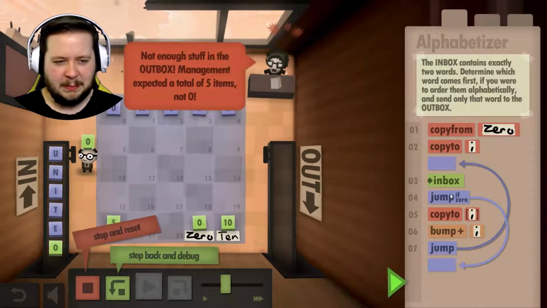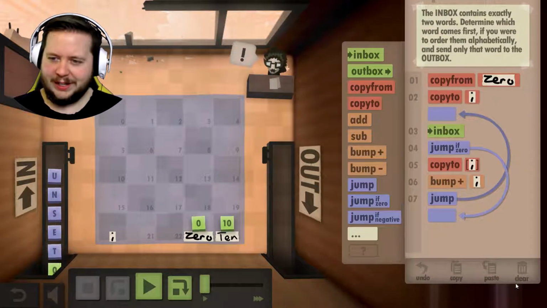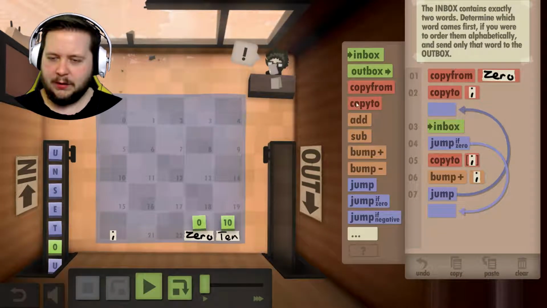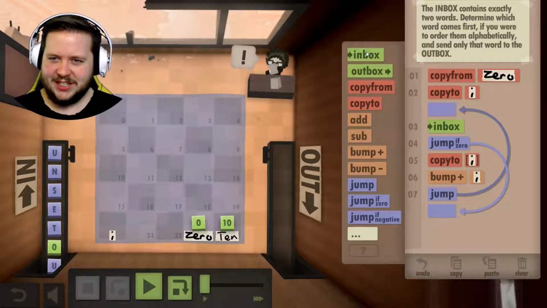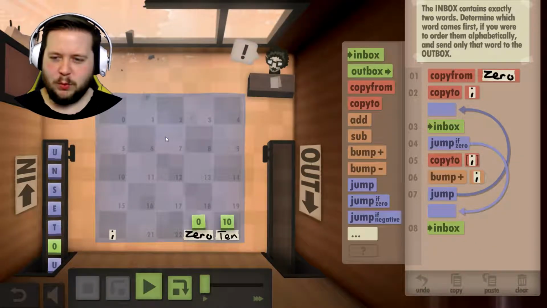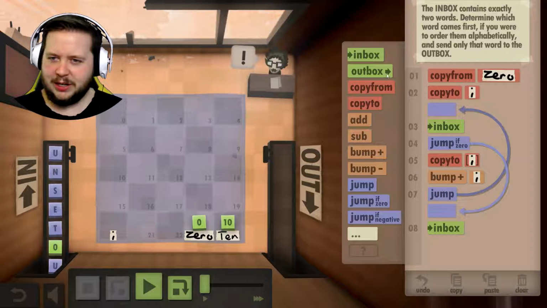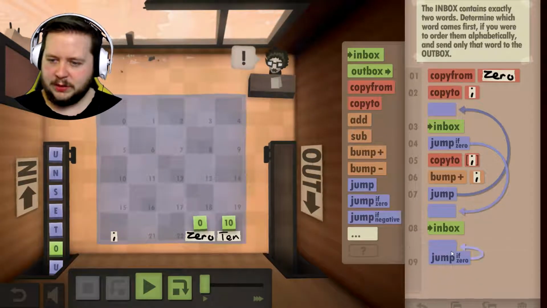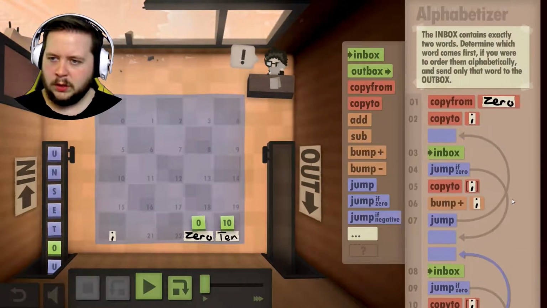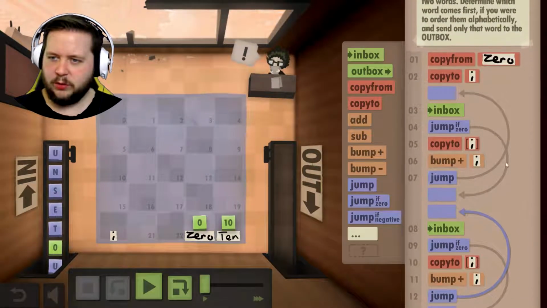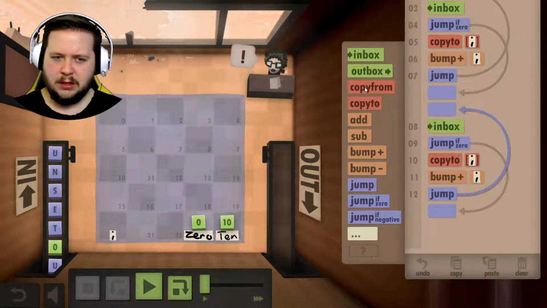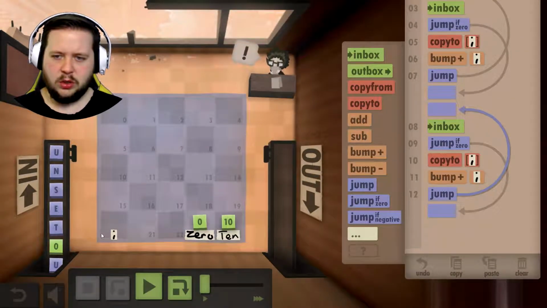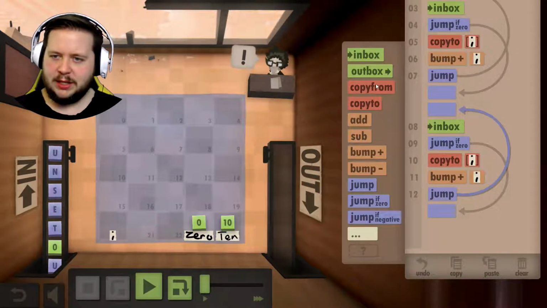Oh, whoops. I'm gonna have to do this loop twice, essentially. Unfortunately. Shit. Okay, I'm not gonna win any awards for this one. Let's just put it like that straight away. Do another... Basically just gonna do the exact same thing I've done here. Okay, so I've got the loop happening twice for the two words that you get in. What we need is to start checking. So we need to reset the